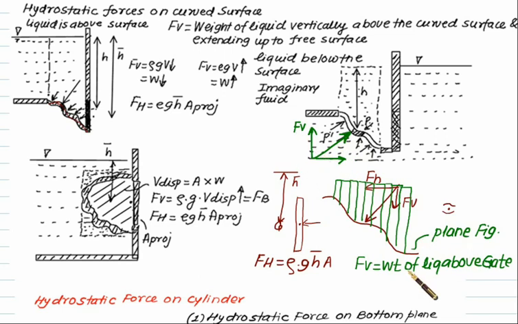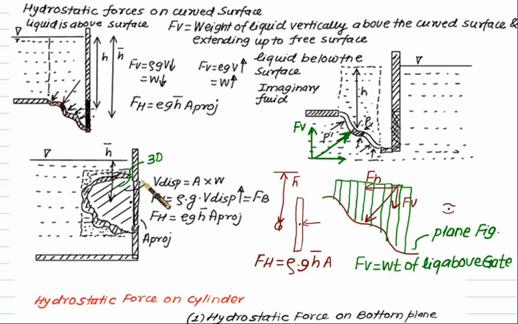So whenever we have a plane figure, the calculation procedure remains the same, but if the real liquid is present, FV will act downward, and if the imaginary liquid is present, then FV will act upward. But our figure may be three-dimensional. If we have a three-dimensional figure, that is, a sphere or a cylinder is inserted. When I say plane figure, it means we have a plate inserted. Now it is a three-dimensional figure.